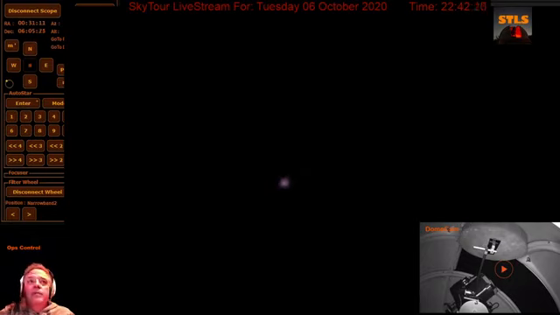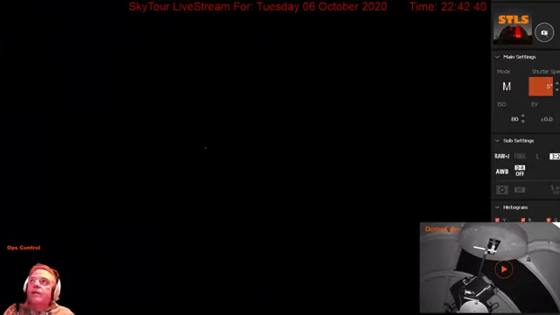Okay, let's focus on this star again. It's been notoriously hard to focus tonight because we're having this problem here. Let me just do a 5-second photo here, see if that star shows up.